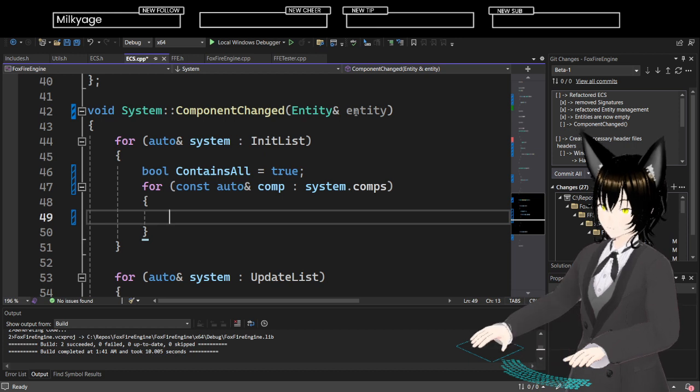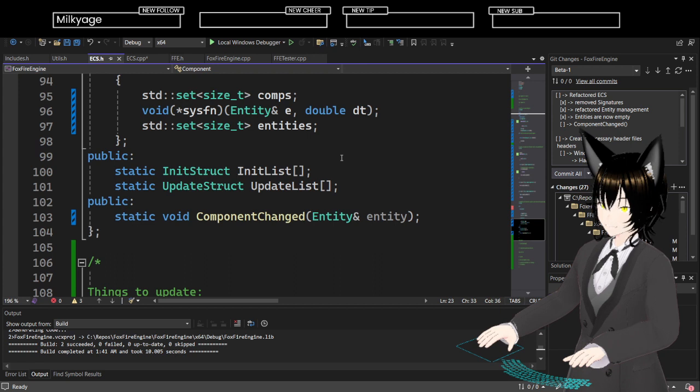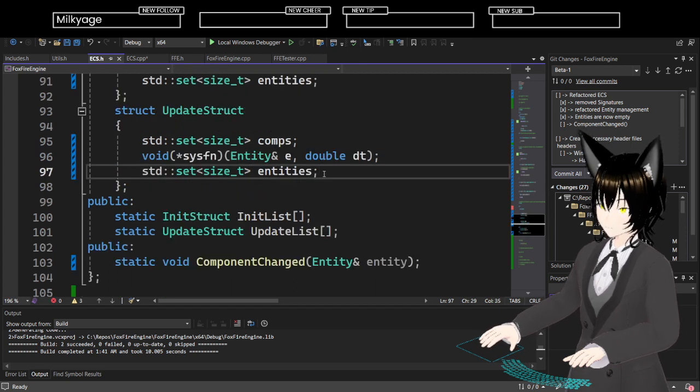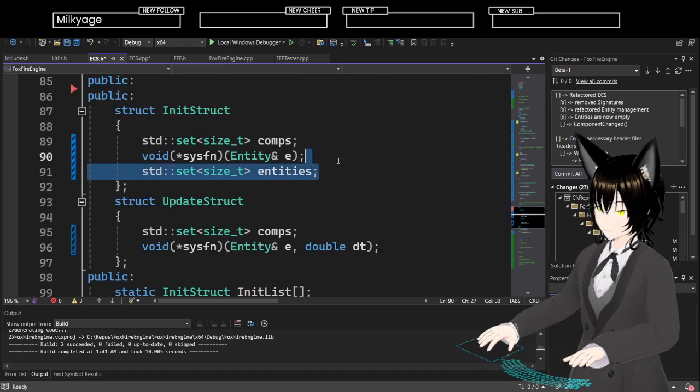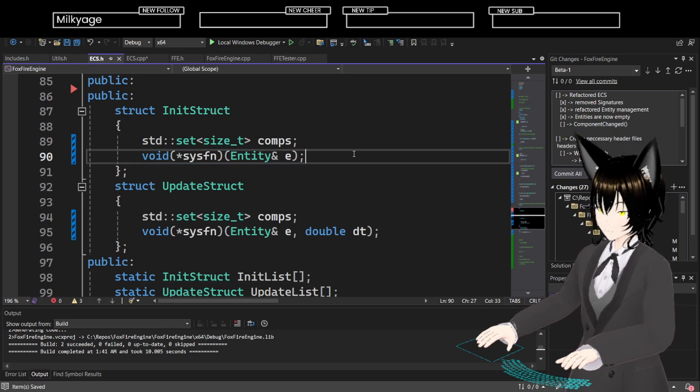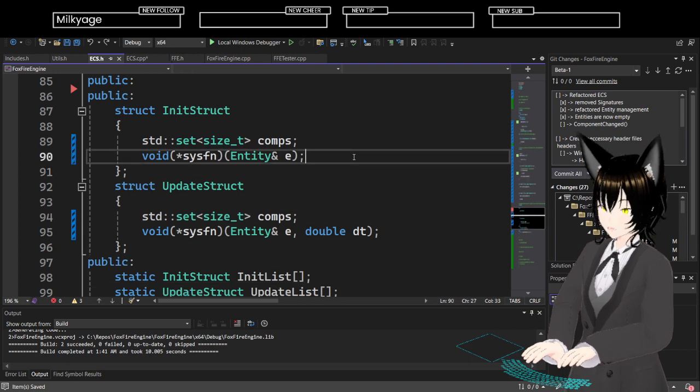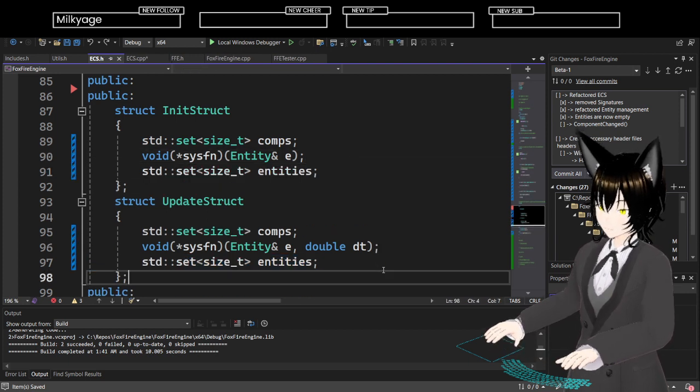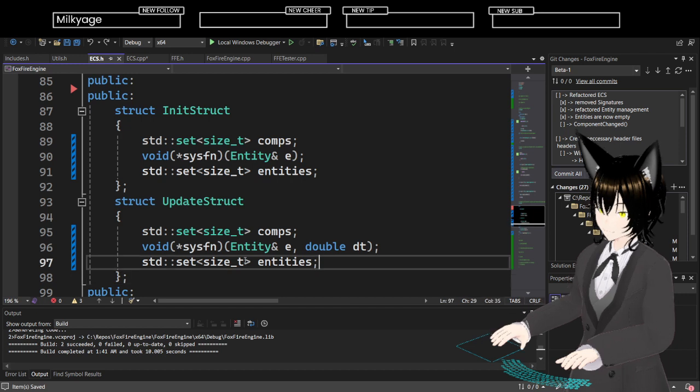And what type is it? Oh wait, I don't even need entities. The system doesn't care about entities. Oh wait, no, it does. Right. Well, I mean, I guess I could just do...